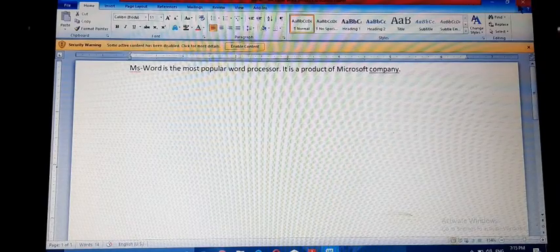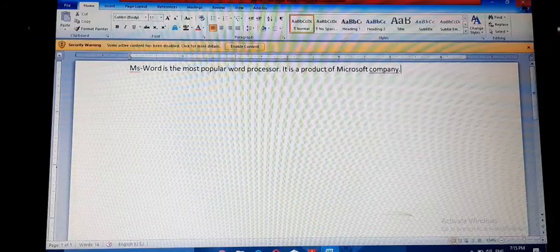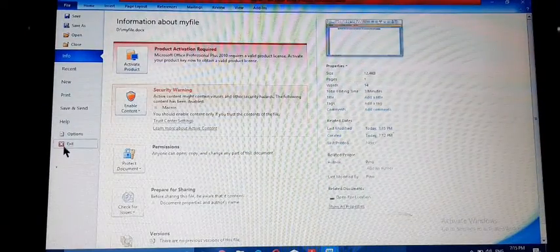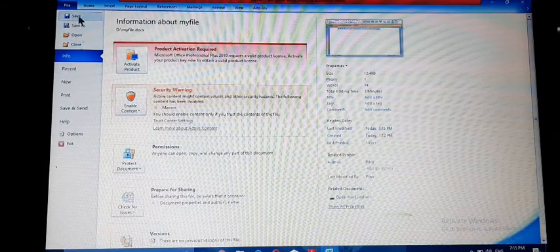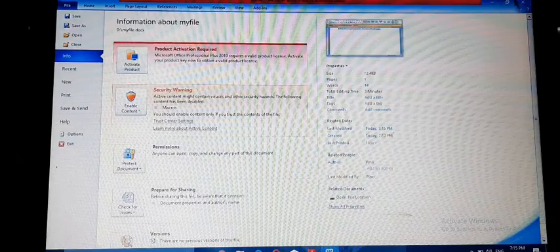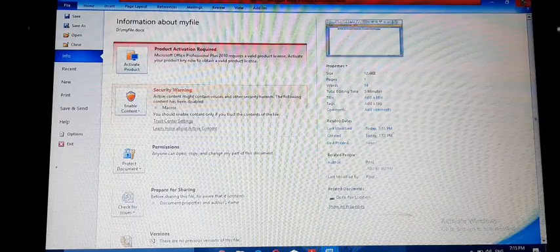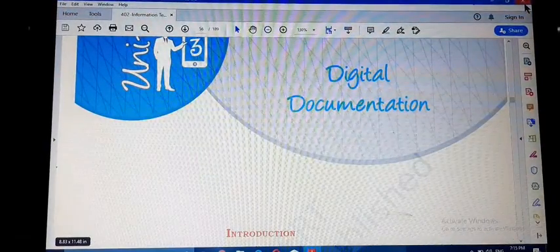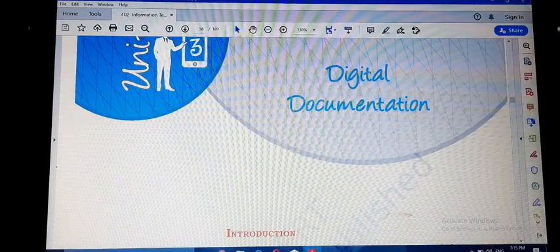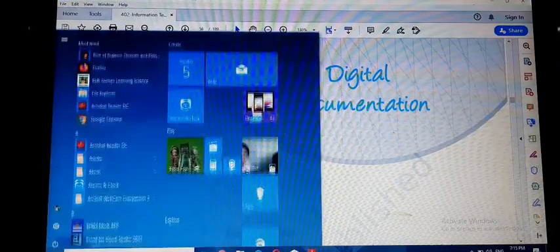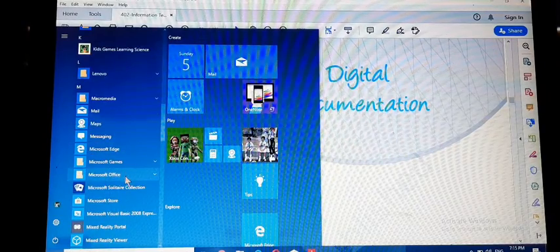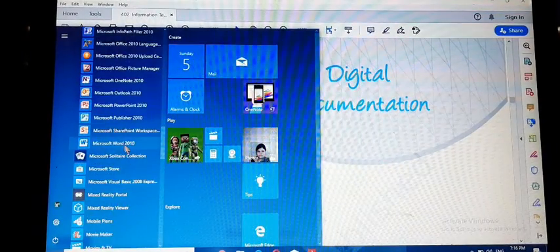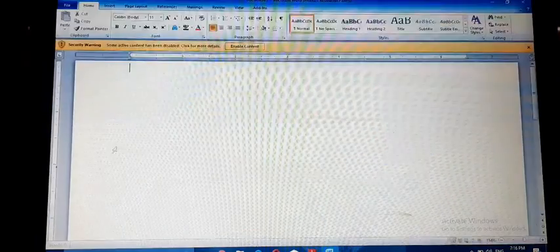To close the document, here is the close button, or you can also use the exit option of the file menu. This is the close button. To start again, Start, All Programs, MS Office, then Microsoft Word.